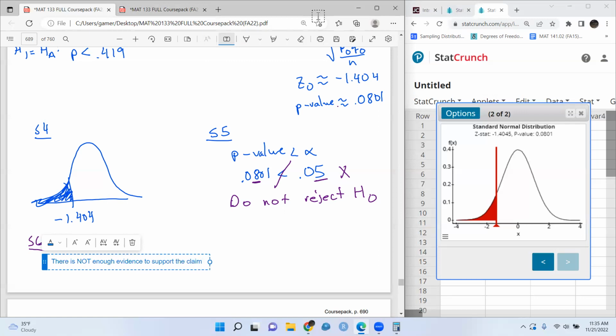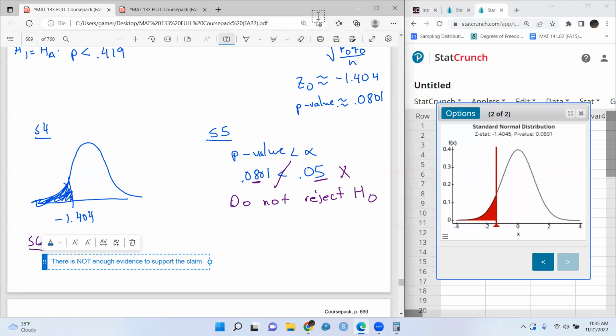Okay, excellent. Instead of putting that, we didn't claim that the obesity rate was 41.9%. We just claimed that it's less than. Oh no, you're right, you're good. But we can skip the numbers in the conclusion and just say there's not enough evidence